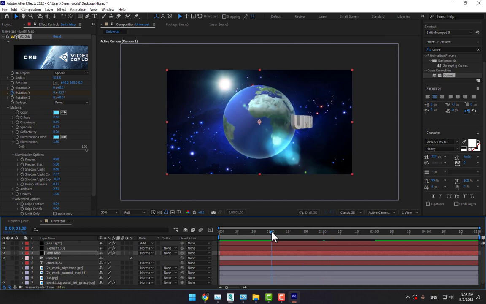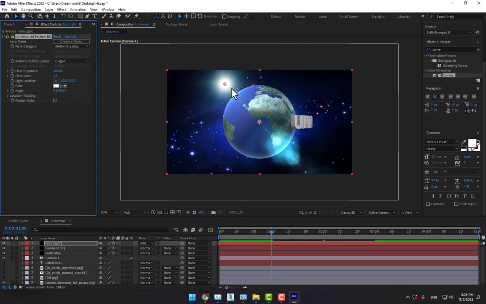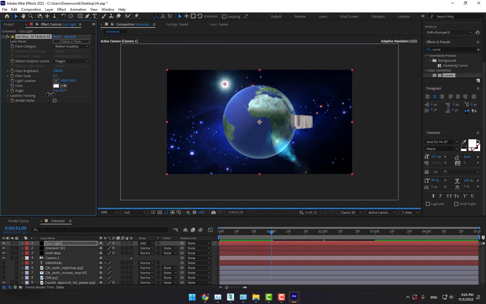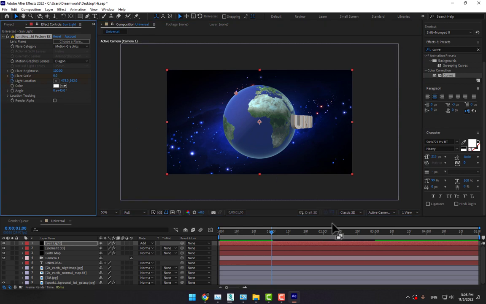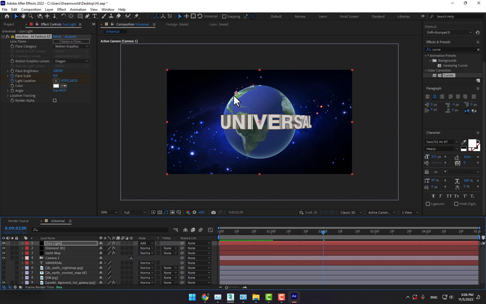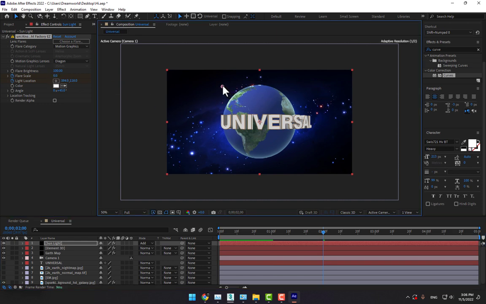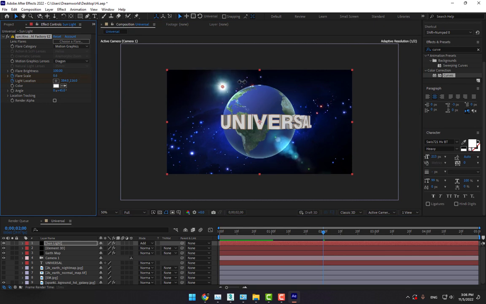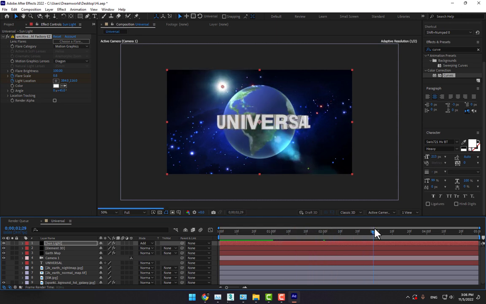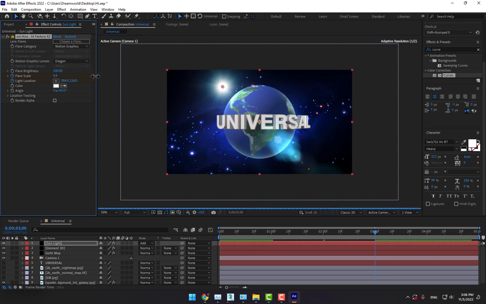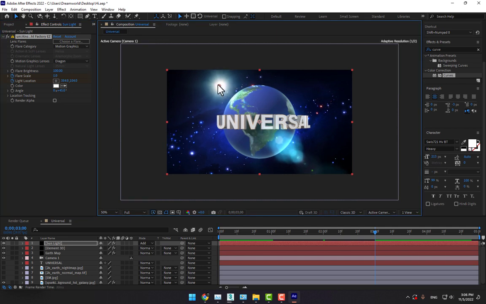Okay, now time to animate the light. Select the sunlight and change the scale to 0, stopwatch and stopwatch light location. Go to second 2, move the light here, play, go to second 3, make it 1 and slowly move here